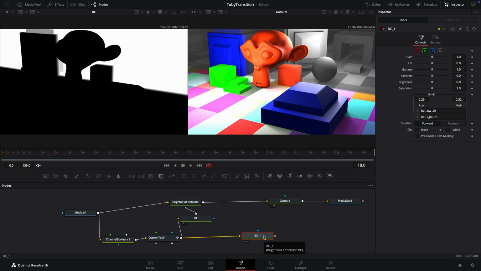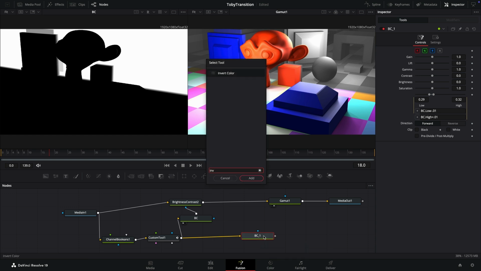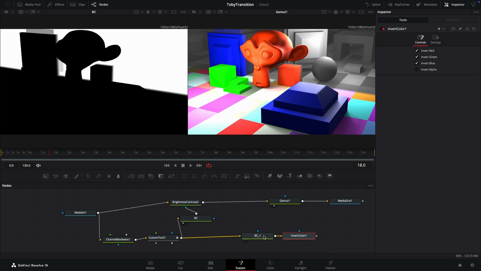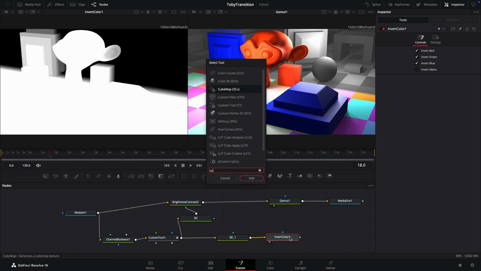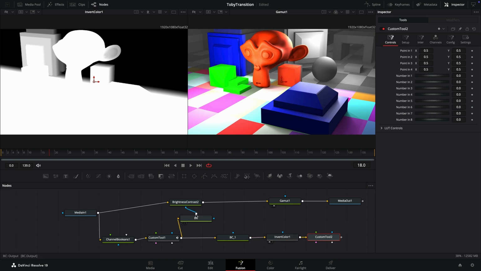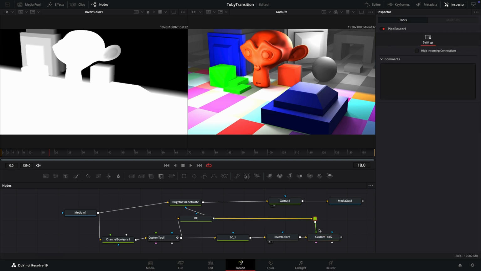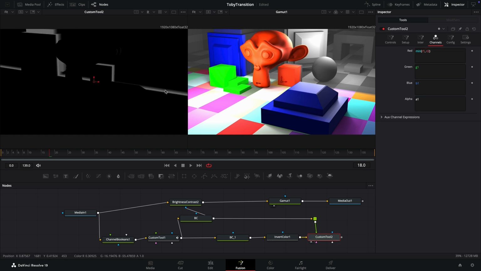Then I'm going to invert this brightness contrast with the invert color tool. I think this has only popped up recently. I used to have to make a macro for this. It's just going to flip the black and white like so. Then what we want is a custom tool like this, and we want to take this brightness contrast into the custom tool as well. In this custom tool, we come over to the channels, and in the red field we type min, open brackets, R1, comma, R2, close brackets. If we look at the result, you can see that now we've got this fine line here